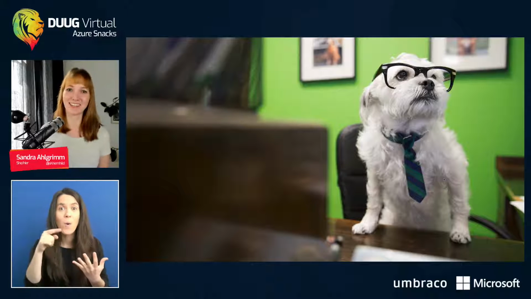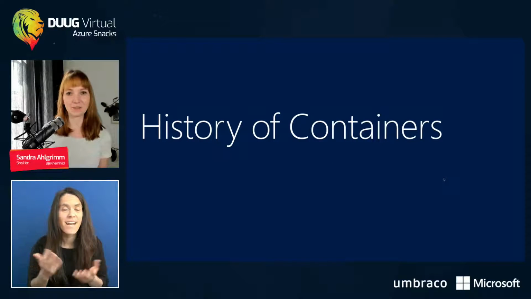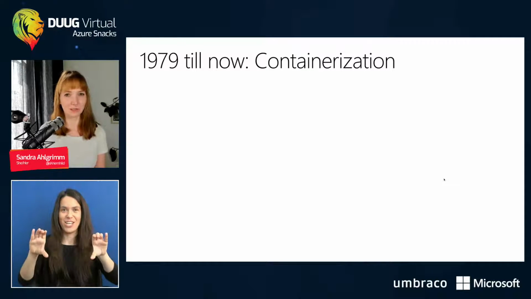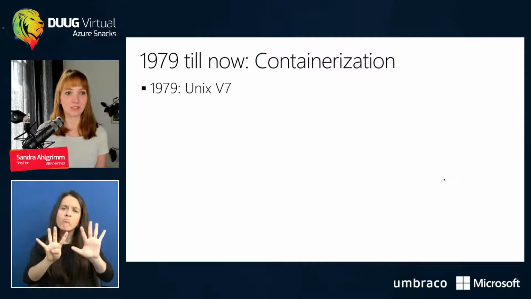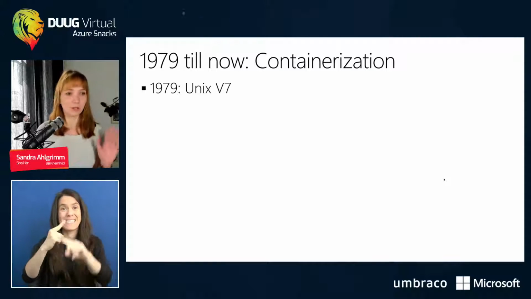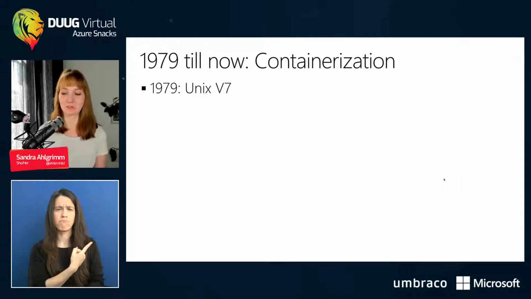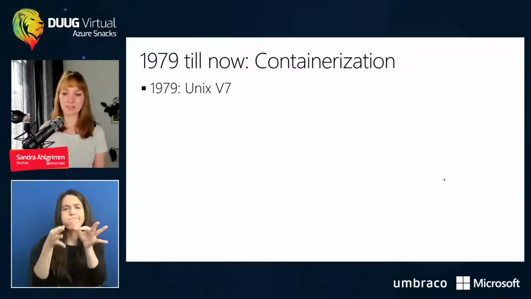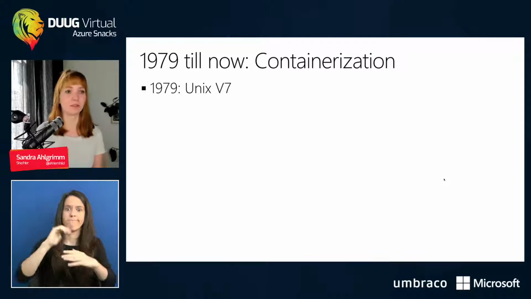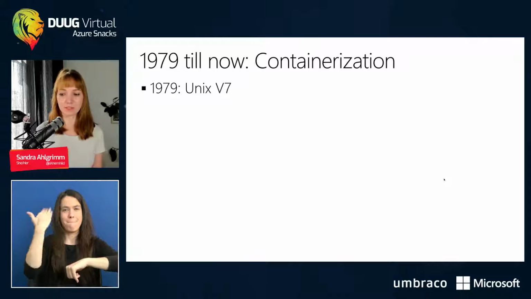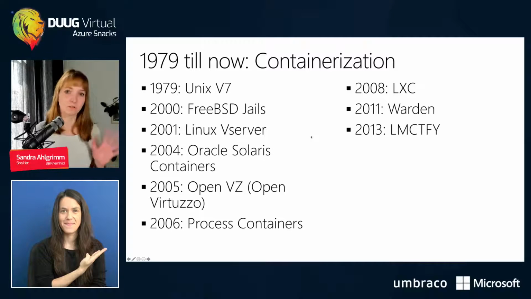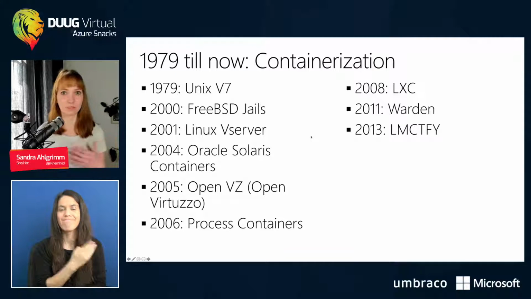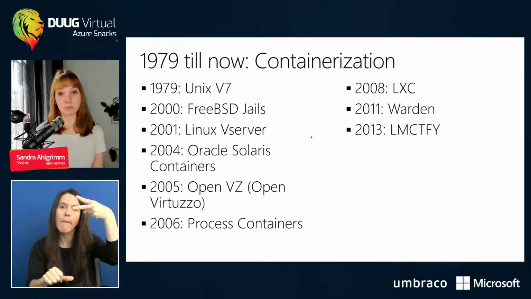So what can we do to solve this issue? Then containers were introduced, and it's actually not a very new concept. It kind of started in 1979 when Unix V7 was involved. I won't talk too much in detail here because it would steal too much time, but just be aware that the chroot system call was introduced there, and that was kind of the first step for the process isolation we needed here. Then we had several attempts, so to say, and also important steps towards containerization as we use it right now.